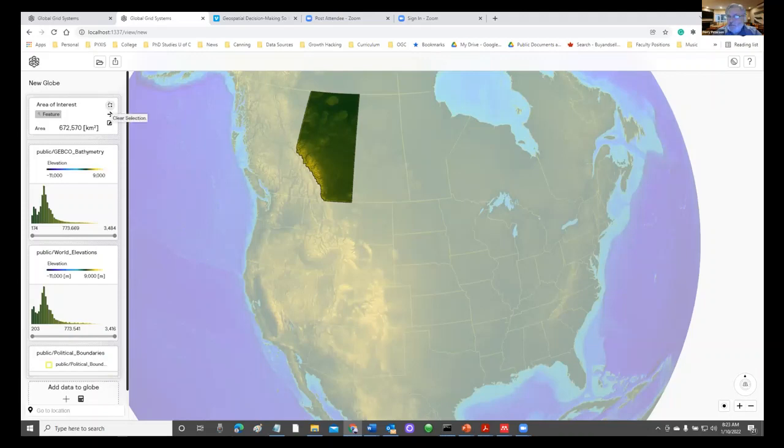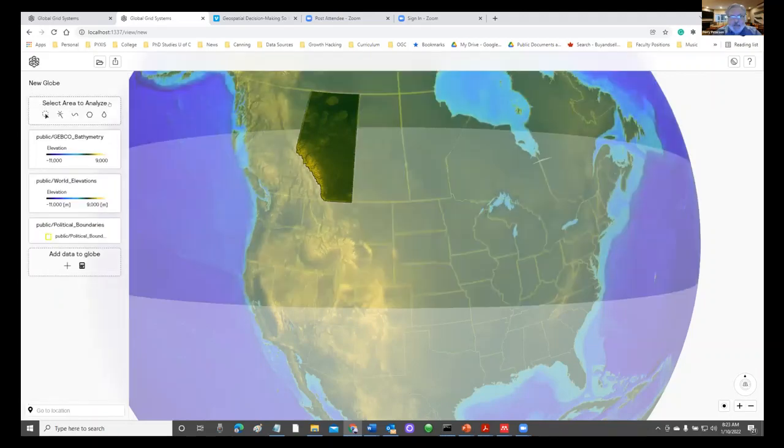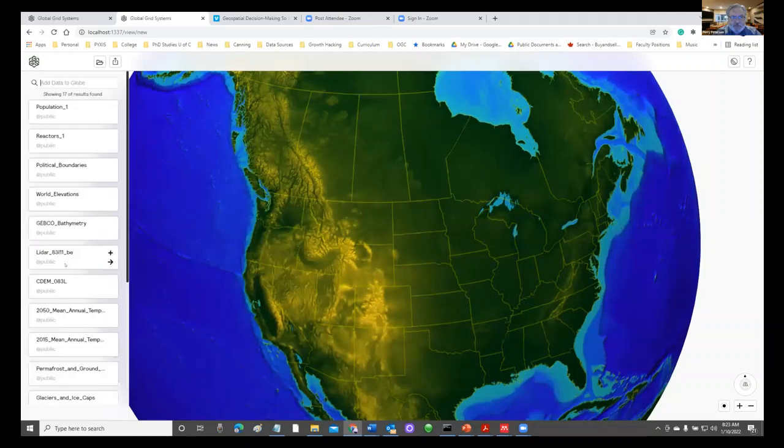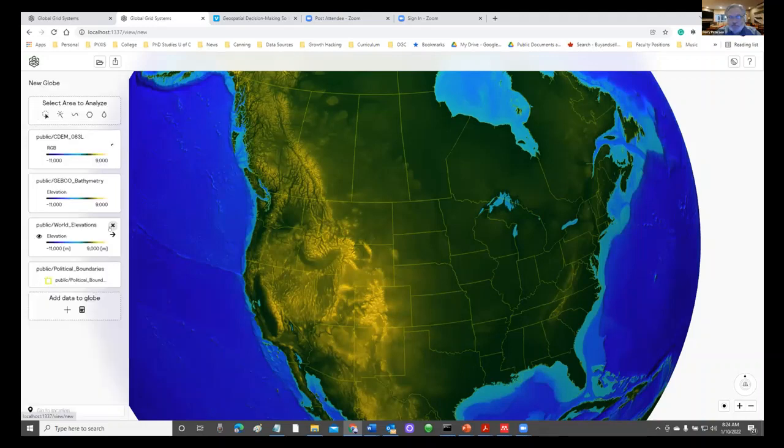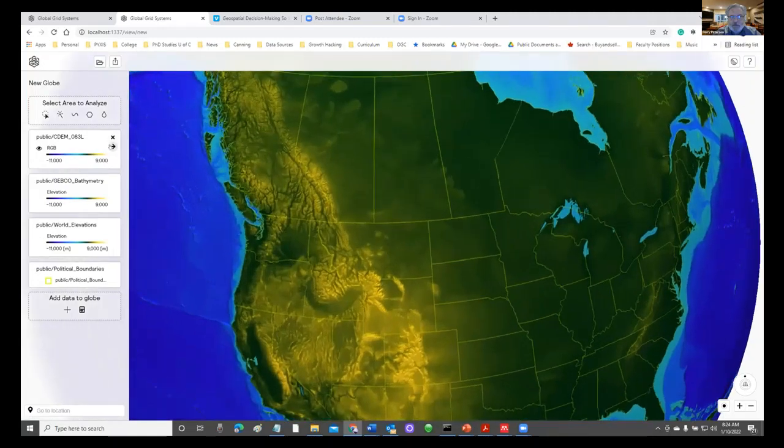What about, can we add some more? So let's add some more elevation data here. We have in Canada a tiling system that we get from the federal government of digital elevation models. It's called the Canadian Digital Elevation Model, CDEM. I'm going to add one of those, and it's just a small tile of information, and we'll bring that in here. It's very small, so I'll zoom to that location.